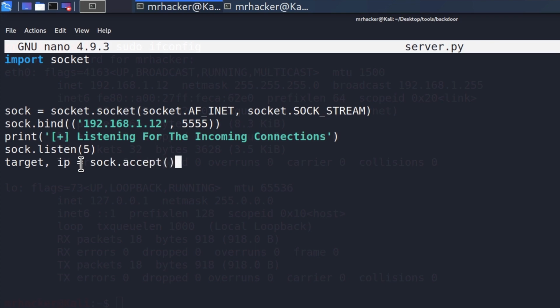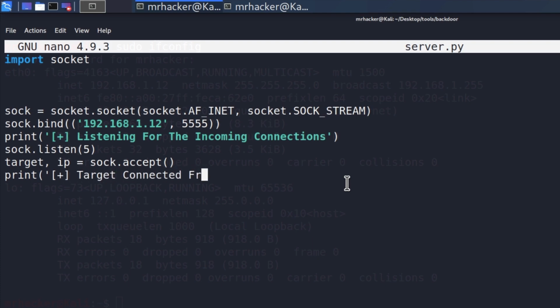And this accept method is simply accepting the incoming connection and storing the target's socket object right here and the IP address in the second variable. Simple as that. Once the connection is accepted, we can print "Target connected",